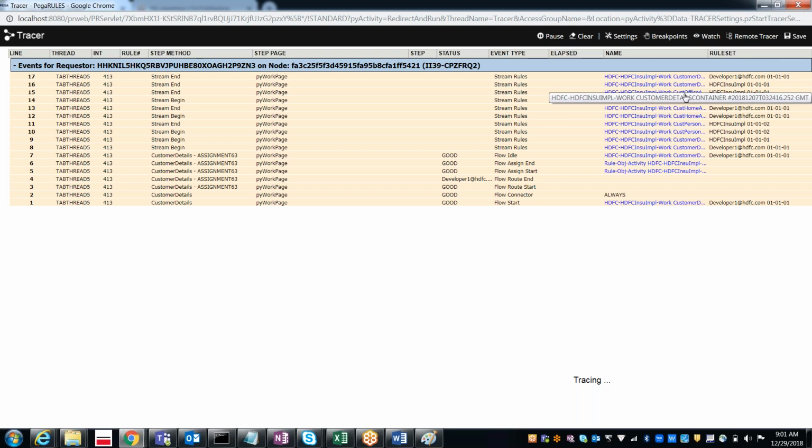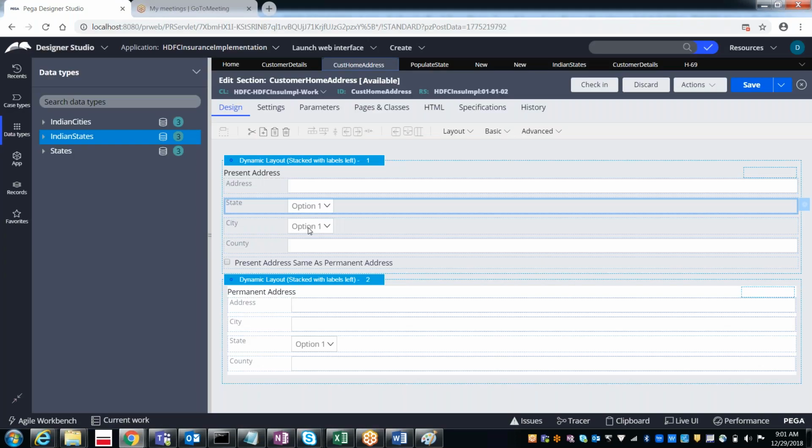Customer details container. Okay, it is showing the layouts, customer home address, customer office address. Those sections it is showing. Okay, this is the customer home address and that is the customer office address. So it is showing section by section, but it is not showing the report definition wise. Okay, so anyway, let's see once again.